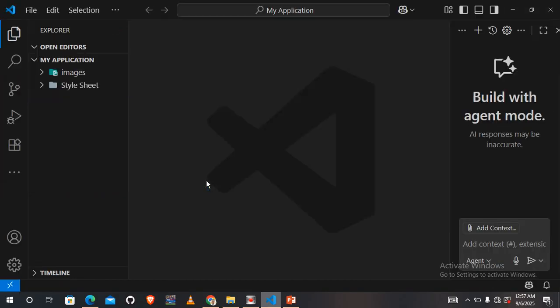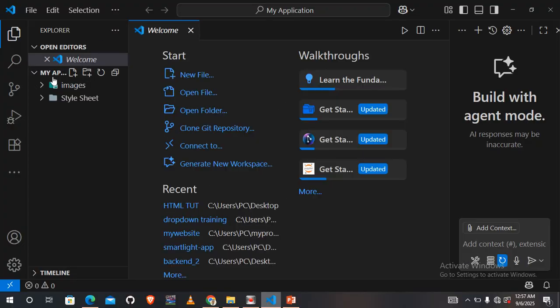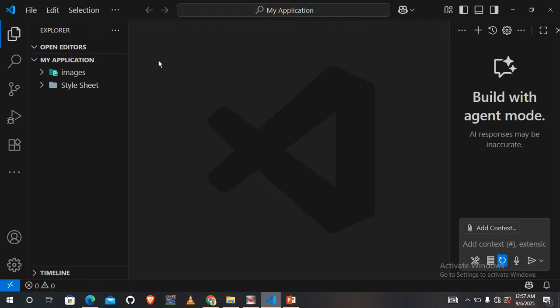Just wait. Okay, we have it. Have you seen our style sheet has already appeared here? Let's close this, it is the welcome page. It does not matter. You can close it. Now, when you see this, we are going to go straight to this empty side. Click on it. Have you seen it has highlighted that? You go to new file. New file. Please don't miss the steps. Click on new file, and we are going to create our new file and call it